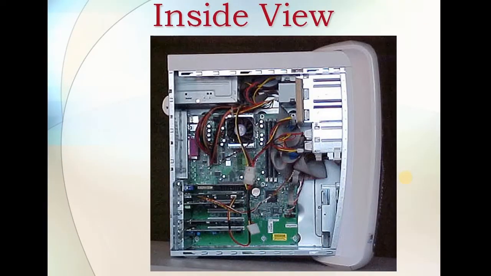So now let us view the inside part of the CPU case. This entire chipset that you are seeing is the motherboard. When we place this CPU vertically, this is how it looks, and these are some drives that we have, and these are the IDE cables. So let us understand the different drives that we have and the cables that are required to connect from the power supply to the different drives.